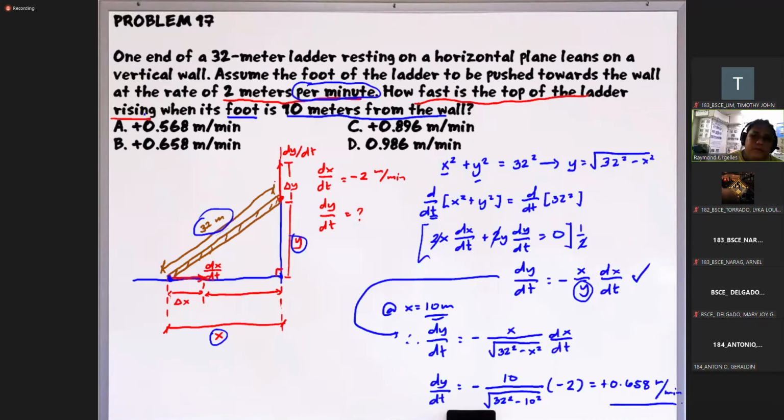Kaya yung tatandaan natin: first, set up the equation. After nyo ma-set up yung equation, get the derivative with respect to time. Tapos solve nyo lang kung ano yung kailangan i-solve sa problem. Okay? So ang pinakamahirap na part dito actually is yung pagsa-set up ng equation saka yung pagsa-simplify. Yung pinakamahirap na part is actually yung pinaka-basic, diba? So algebraic manipulation. Okay?